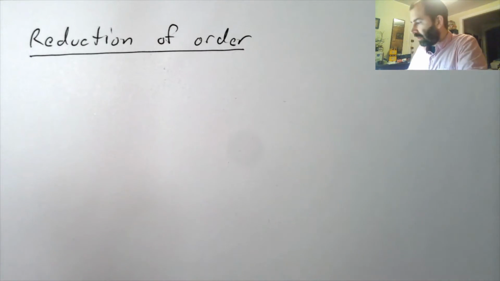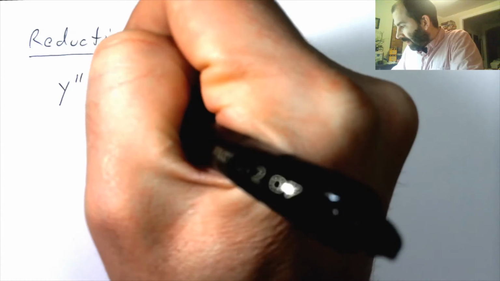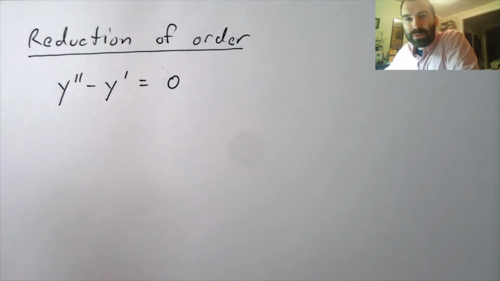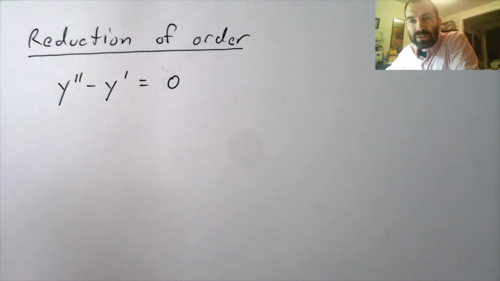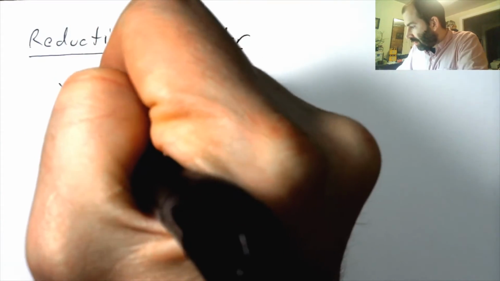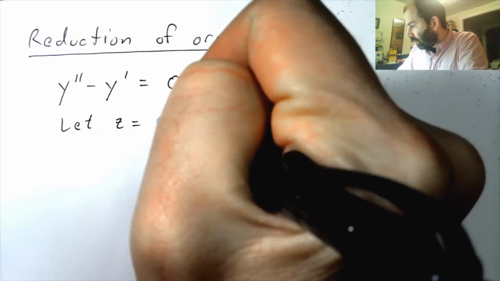Reduction of order. So consider this differential equation here. y double prime minus y prime equals 0. Very simple differential equation. It's second order. But what we can do here is make a change of variables that will reduce the order. So if I just let z equal y prime,